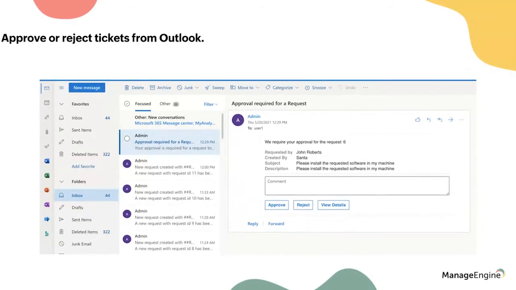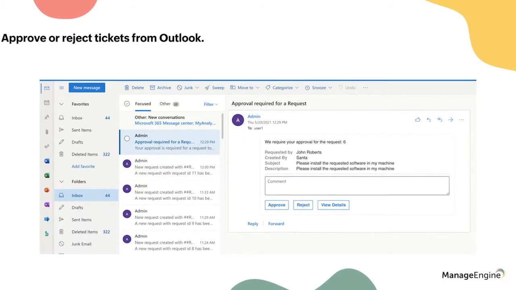But now let's say we have Susan who exclusively works on her Outlook inbox, right? She's someone who's not very tech savvy, so she doesn't regularly want to log into her self-service portal because that's very cumbersome for her. Now, if it's one request per week or per day, it's easy, right? She just has to do it once. But now imagine Susan has to approve multiple approvals, right? Let's say she gets about 20 to 30 approvals. And these are not approvals that come immediately, right? They come at various points in the day. So there are multiple times where Susan has to log in and log out of a self-service portal